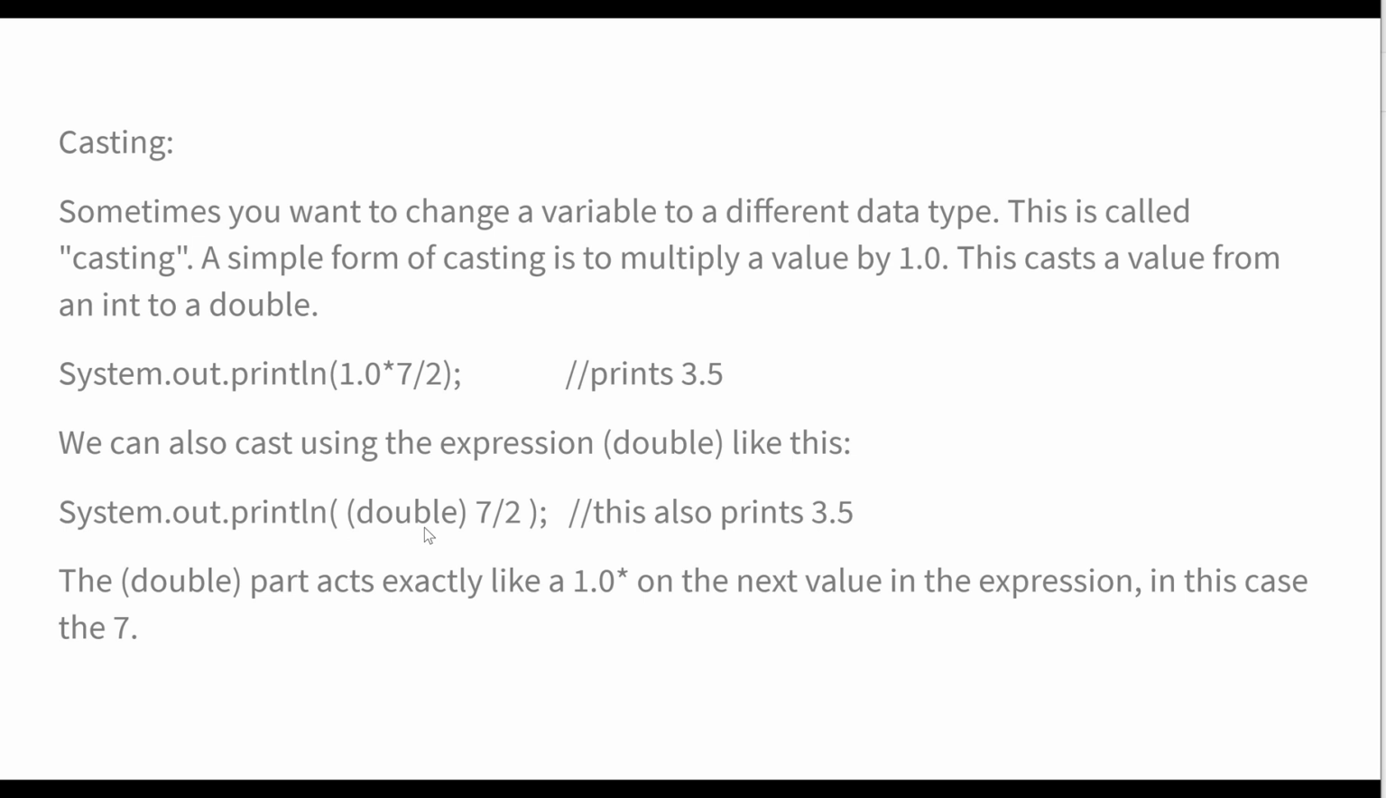You can literally put parentheses and the word double in front. That does the same thing as doing 1.0 times. So this second line also prints 3.5. What happens is the double part acts just like a 1.0 times, and it goes with not everything to the right, but just the next thing to the right. So it literally is just like saying 1.0 times 7. It changes the 7 to 7.0 before Java does the divide by 2. So this word double, that's another way of casting. 1.0 times is maybe easier, but